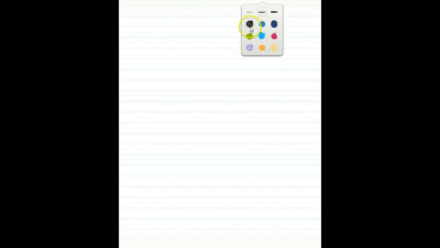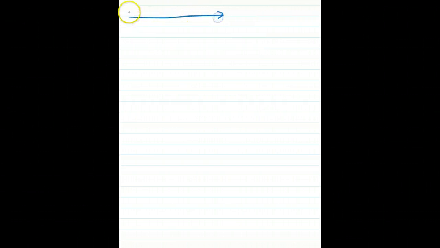Okay, on this one, let me change colors just for the sake of doing something different. Alright, so let's say I give you this one. Number line. We do negative 5 and positive 8. Alright, negative 5 plus positive 8 divided by 2. Well, that gives me 3 over 2. Now, if you want to, you can change that to a decimal. Well, that's 1.5. Alright, so let's follow the same logic. We get x minus 1.5